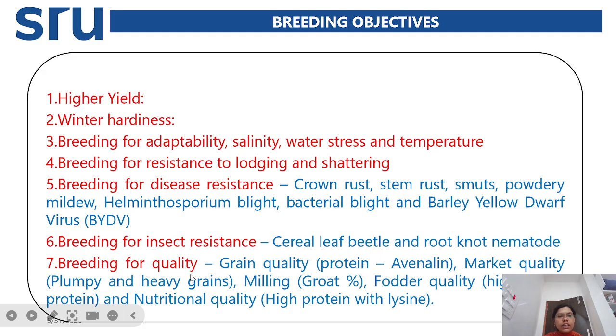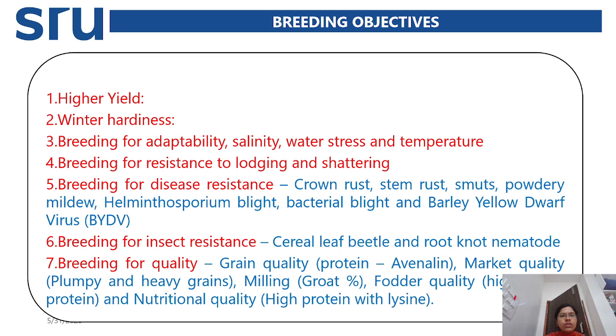And next is breeding for quality. Generally, the grain quality which is having the protein, that is the protein in oats is nothing but avenalin. And next is market quality, that is it should have plump and heavy grains. And for milling content, milling percentage, it is a groats percentage. And next is fodder quality, that is high crude protein and nutritional quality, that is high protein with lysine content. So these are some of the